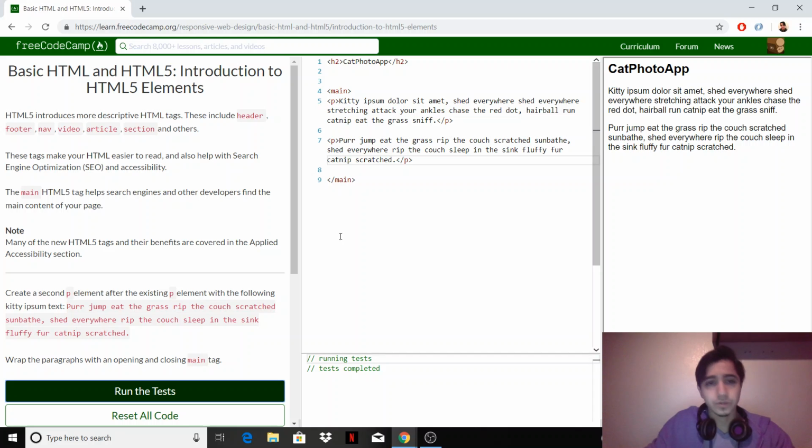So the only thing I really want to comment here, I'm not going to get too much into it, because it says that the header, footer, nav, video, article, sections, all of those are covered more in the applied accessibility section. So I'm going to hold off on talking about that. But in case you're not really seeing what the main is doing, so essentially for web development, what we have